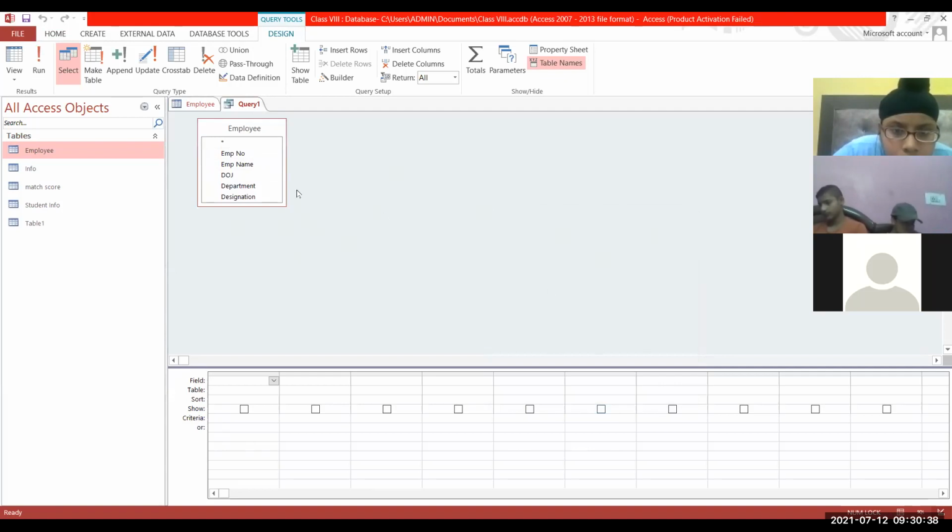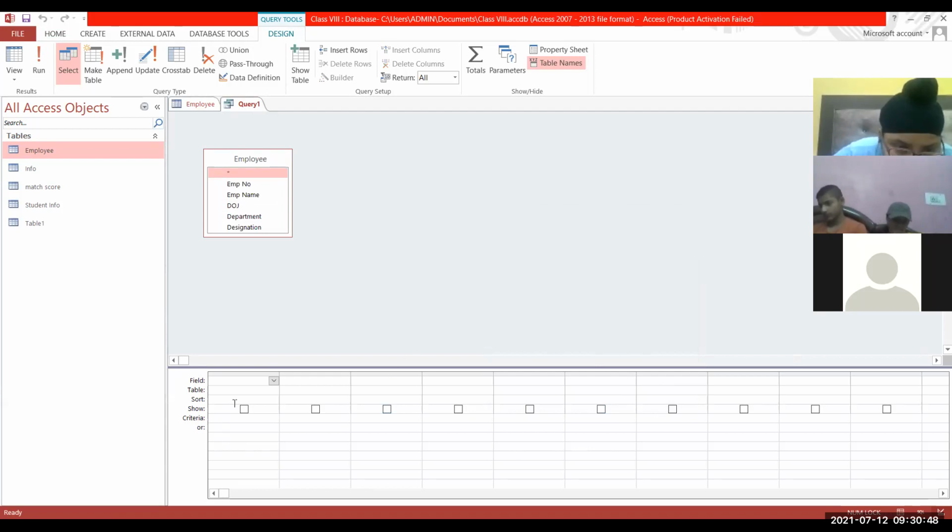Add the table, then click on close. Now it has two parts of the screen. One is the object relationship window, जो ऊपर टैब आ रहा है जहां पे हमारे पास टेबल आ रहे हैं. This is called the object relationship window. And the second, in the lower part, we have a grid, the field grid, in which I will add the field names. Now I can add the field names that I want to see in a query, whether I want to see all the fields from the table or a few fields.